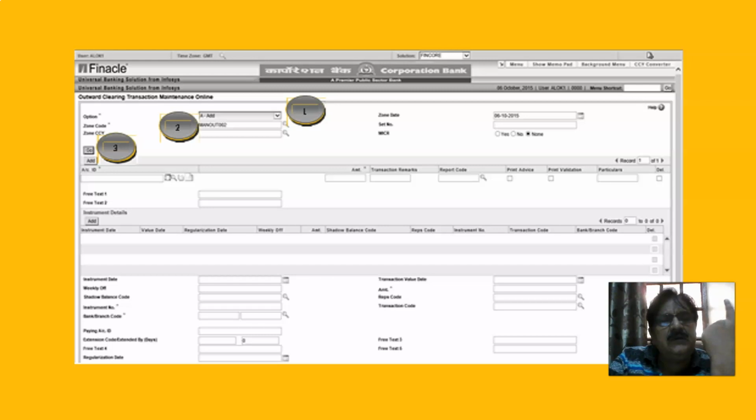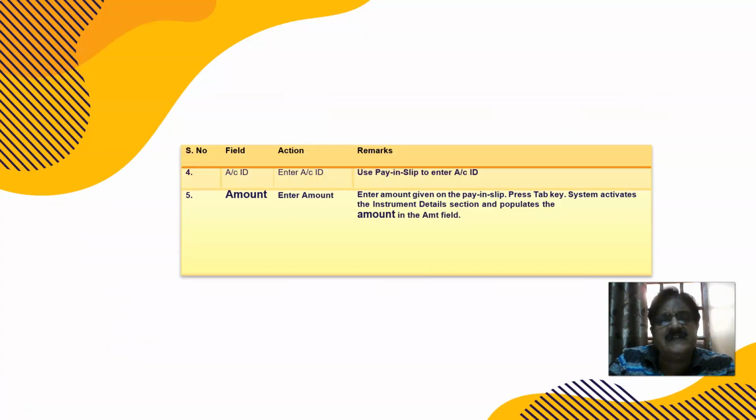Remember this: first open the zone, then we enter HOCTM. This is the menu command for entering instruments. Add zone code, zone date, click on go, then enter these instruments and keep on adding one by one from here. One instrument, all the details in this half: instrument amount, date, and the transaction type, whether it is savings or current. Then add, then again add the next instrument here. I have shown you this in my live video on my website, wherein you will have a better view of how this functions.